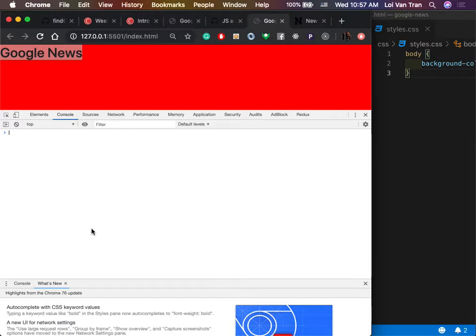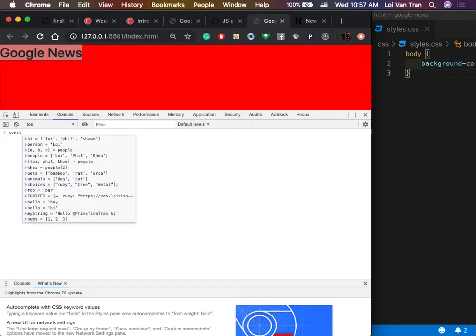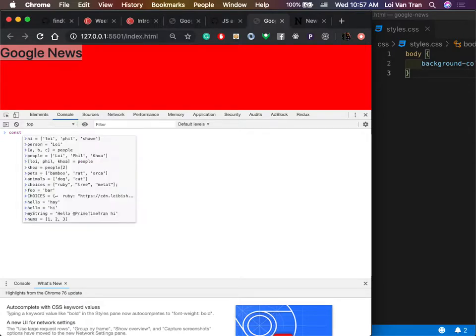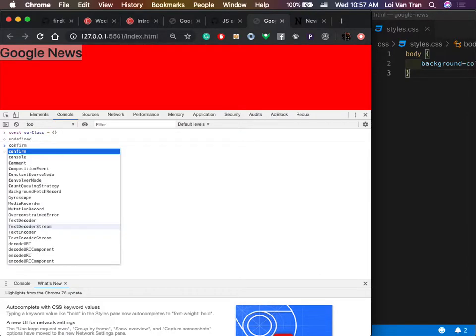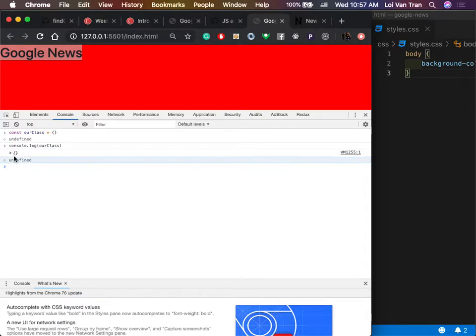So we're going to create an object called const class equal, oh, I can't do that one. Our class equals an object. So now we can do console.log our class. We can see that it's just an empty object. We have exactly no keys here. Okay? So if we want to define a new key on our class, we can just